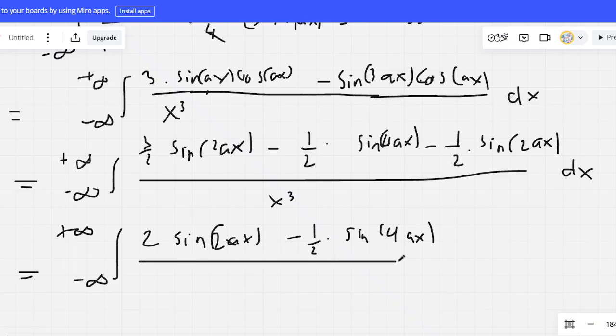And now we have turned this integral into something that's actually solvable. Now if you look at this and say, how is this solvable? Well,